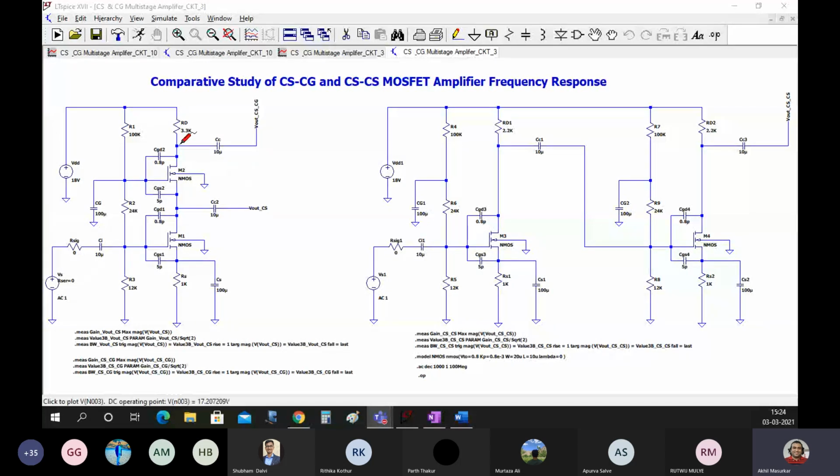So please have a look at this. RD here has changed to 2.2 here. So when you are copying the things, what are changing? You have to remove M2 and put a short here, and the coupling capacitor will be the same as the capacitors which we have used in the input and output. And instead of RD, now RD1 and RD2 would be 2.2 kilohms.